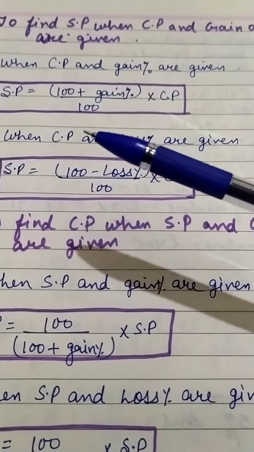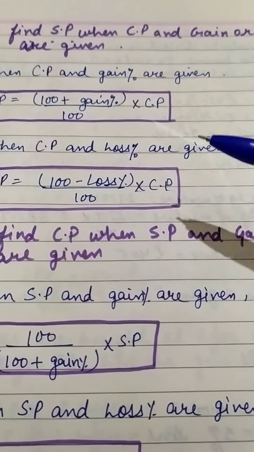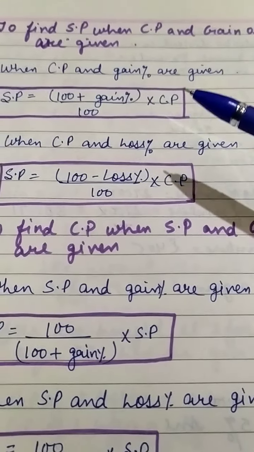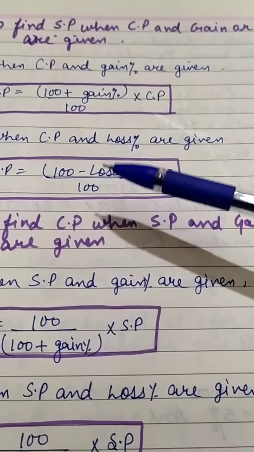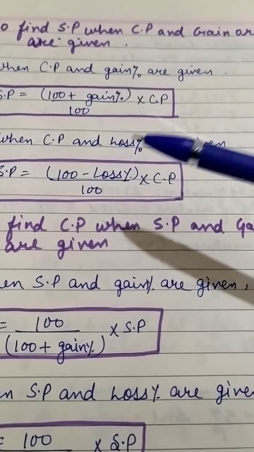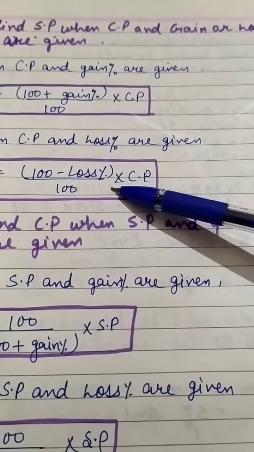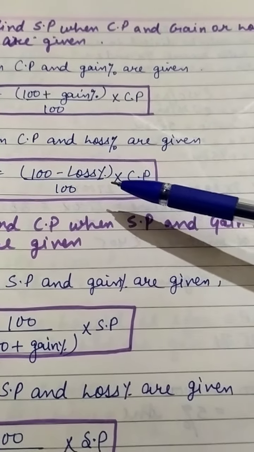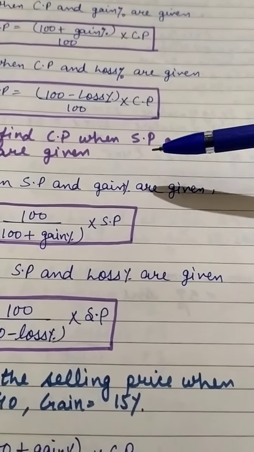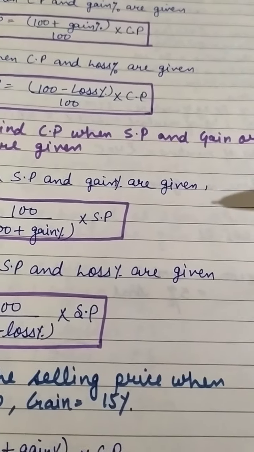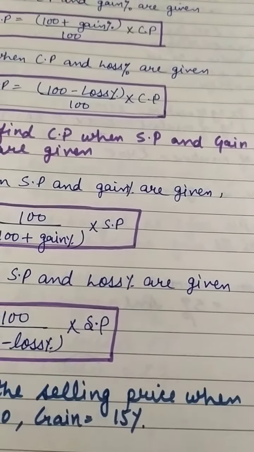Okay, now when CP and loss percent are given, means loss is given, so what we will do, in this we have to add, in this we will subtract, means loss is always minus, so (100 minus loss percent) upon 100 multiply cost price. Alright, now to find CP, in most questions we have to assume CP x when CP